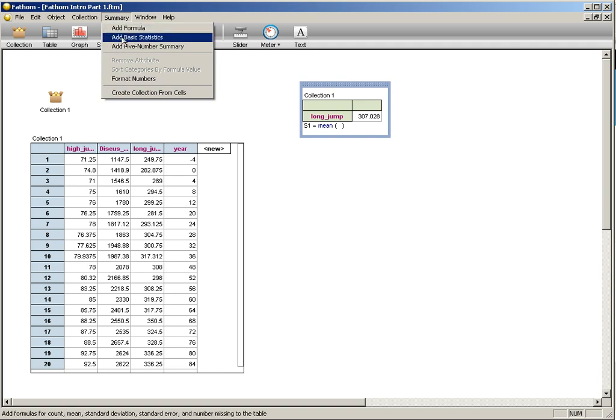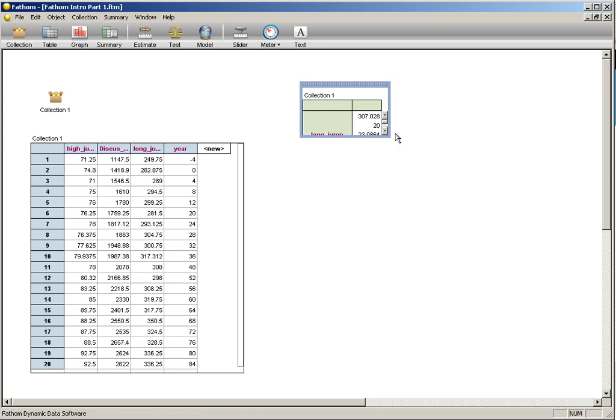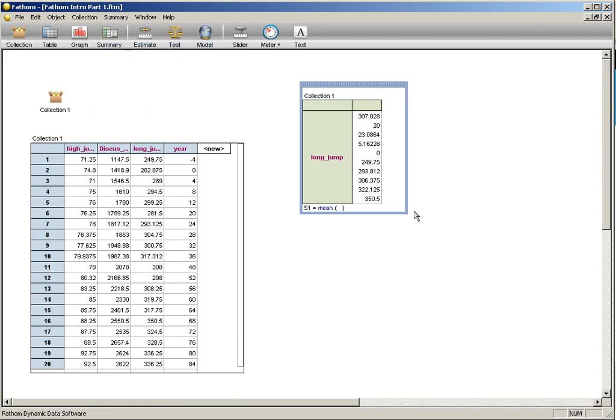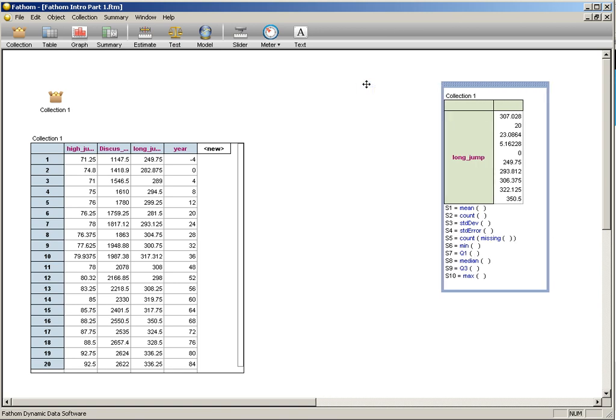I can add basic statistics. I'm going to do that first. Notice that there's more information now in the box. I open it, and the numbers here are mean, count, standard deviation, standard error, and the count. And I want to add even more. So I'm going to add the 5-number summary, which is really similar to what we get out of the TI-84. So now we've got all of those different measures that we might want to use for some kind of a